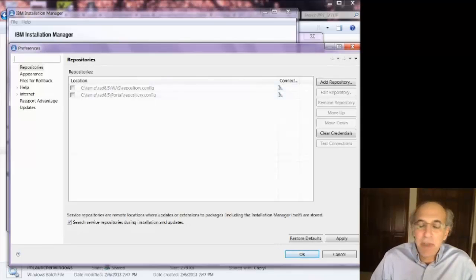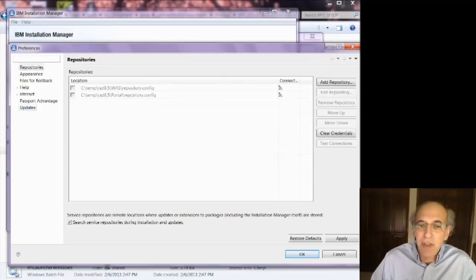And when you get an update or even an installation of something that gets installed with the Installation Manager, it comes with a file called repository config, and what you need to do is add that repository on this screen, point to the repository config, and then select it, and then Installation Manager will look inside that repository for any